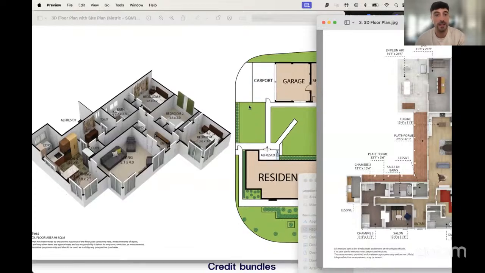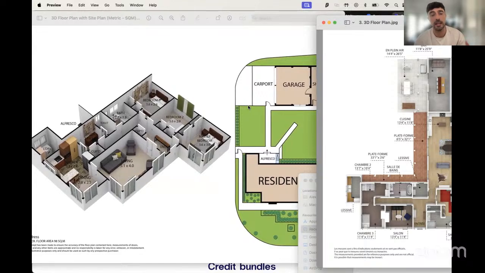And then we can also provide site plans. Although the site plans are 2D, we found it's usually a better way to represent those. We use all sorts of data sets such as Google satellite imagery, obviously the exterior scans or 360 views if you're taking them with a Pro 3 or Pro 2 of the property, to deliver that site plan as accurately as possible. And then with the 3D plan, we can optimize that so we can add in specific furniture to showcase what kind of room it is and different fixtures and fittings that need to be in there. So it can give a little bit more information as opposed to a 2D plan.